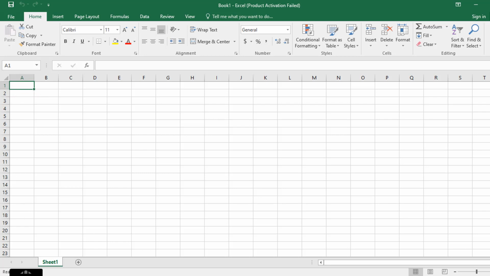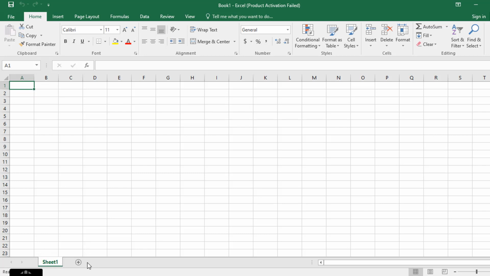Now your Excel is having rows and columns. These are your columns A, B, C, D, F, G, H, I. These are your columns, and 1, 2, 3, 4, 5, 6 represent your rows. Up to V it is having column, and again rows up to 24. Now we are in page number 1 or sheet number 1. This is an Excel book where we are in sheet number 1.